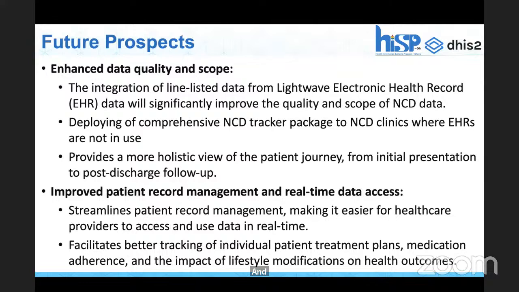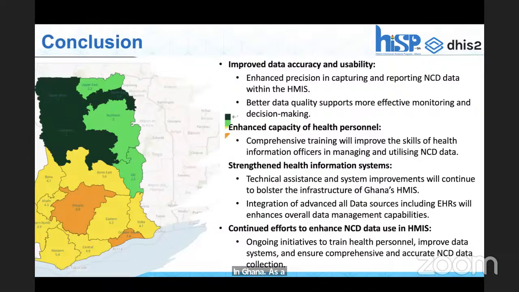For the future, we think that the EMR and the event-based instance of the Ghana Health Service is one key area that can be dealt with. And then also the NCD tracker package that is being piloted can be enhanced and expanded to all NCD clinics and hospitals. And then we can improve on record management and real-time access for all clients that attend facilities in Ghana. As a conclusion, we think that we can improve data accuracy and usability if we are able to